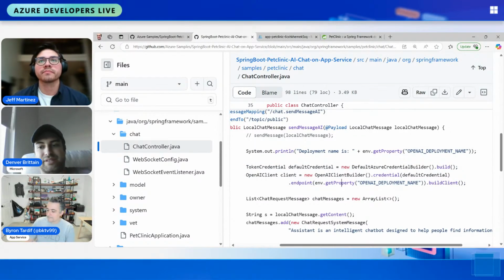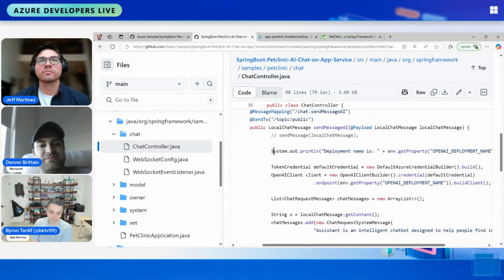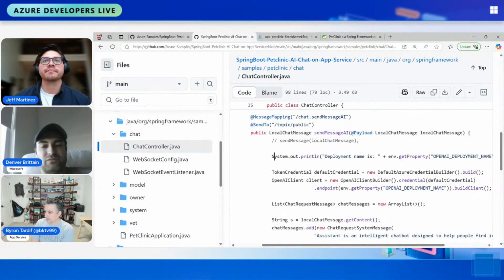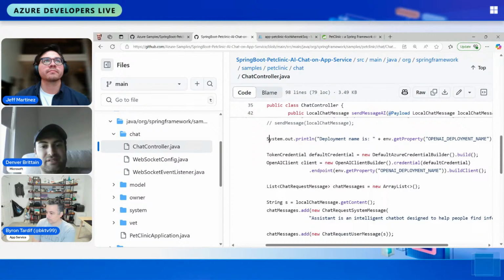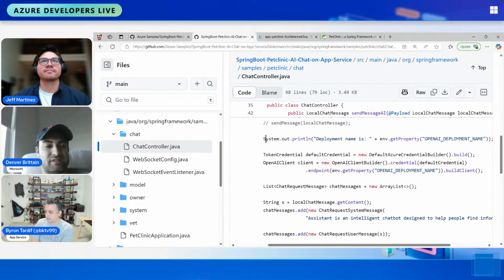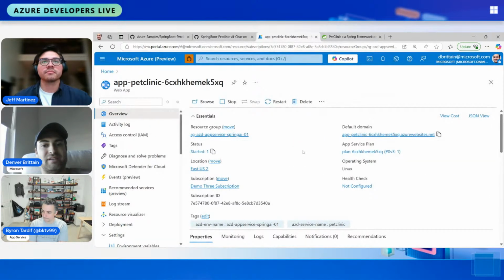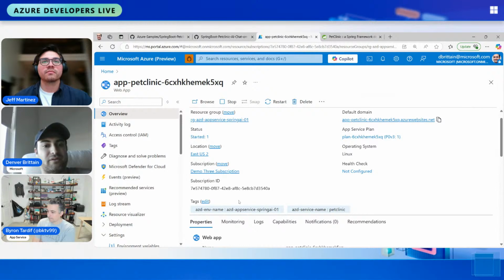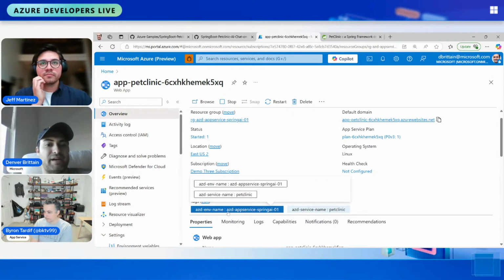So no matter what these things are called or what you decide to name them, it does still work. And in this case, we're using WebSockets and this OpenAI client to do all of these WebSocket-based chat messages. But again, this is really just meant to be a template that you can take, modify, upgrade. And if we want to see it in App Service itself, all of this stuff is created by AZD whenever